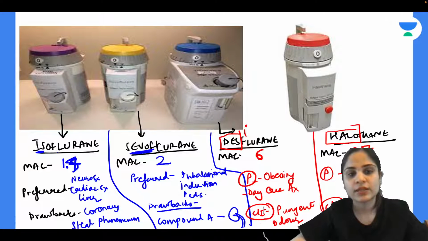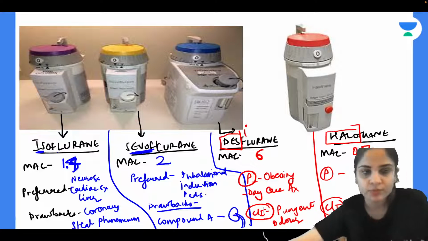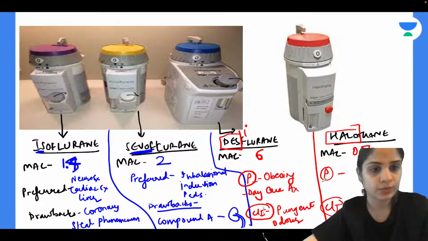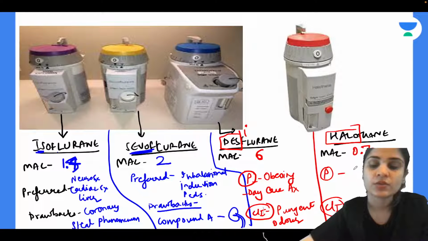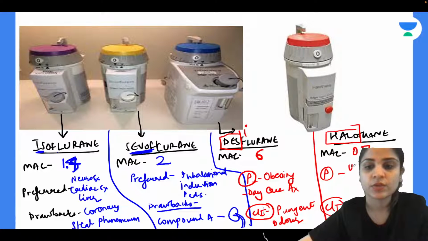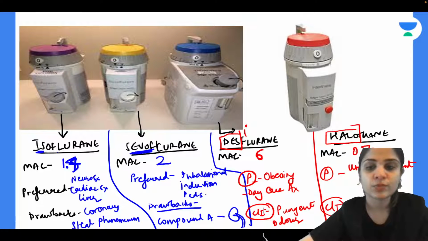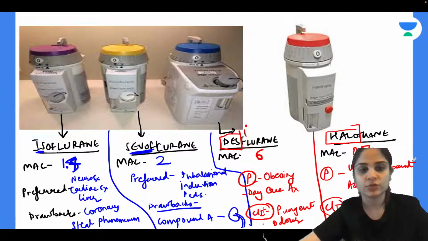Okay, now halothane is preferred. Okay, again you are not able to see, I'll move my chair a little bit. Alright, so halothane, remember, is a smooth muscle relaxant. Absolutely correct. So it is preferred whenever you want to dilate any smooth muscles. So if you want a uterine relaxant, like in abortions, or if you want to dilate the smooth muscles of the bronchi, like in asthma, it can cause bronchodilation. So here we will prefer halothane, correct?